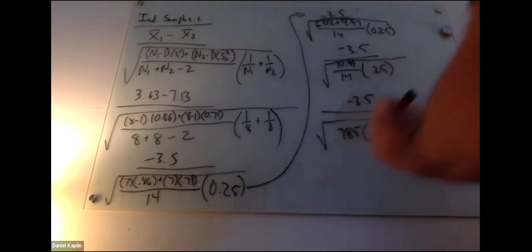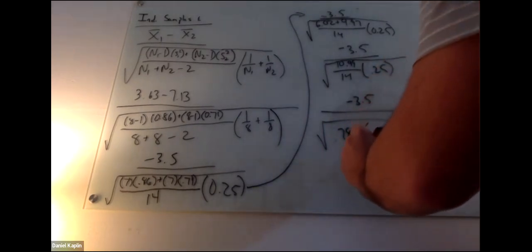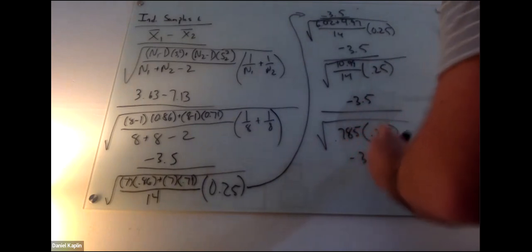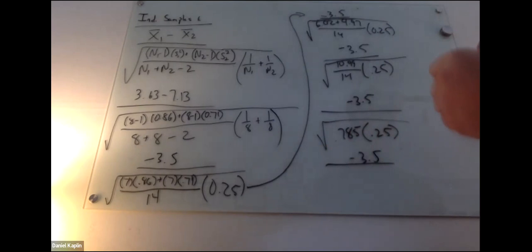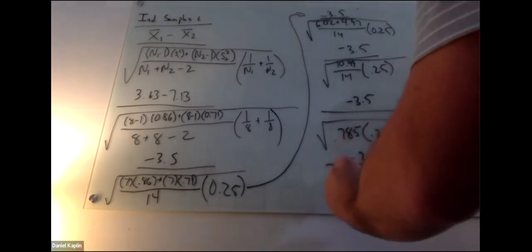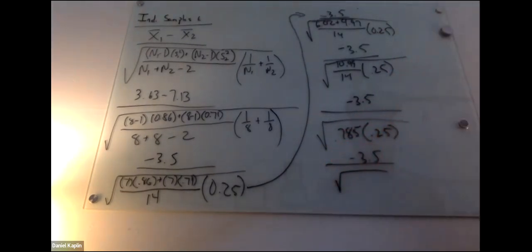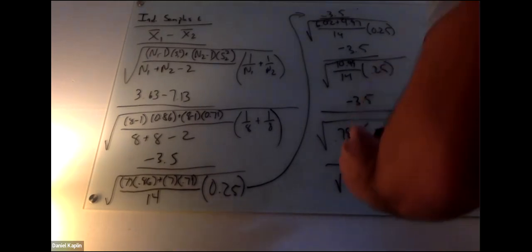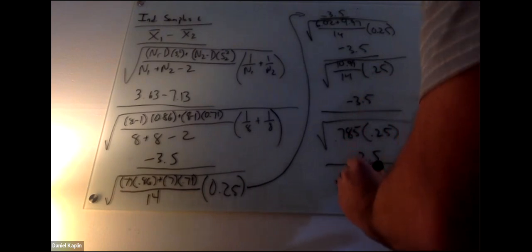Here we have minus 3.5 divided by the square root of, let me just double check that, make sure it's right. It's 0.785, scratch that, 0.785, my calculator's not working, times 0.25, we get the square root of